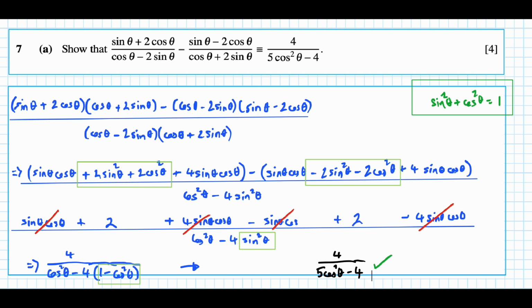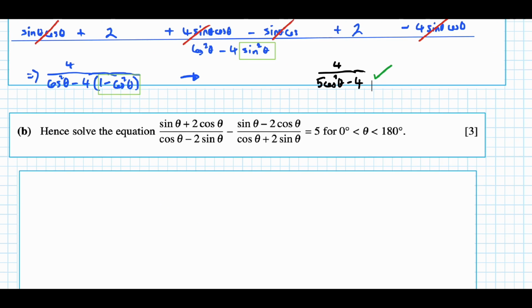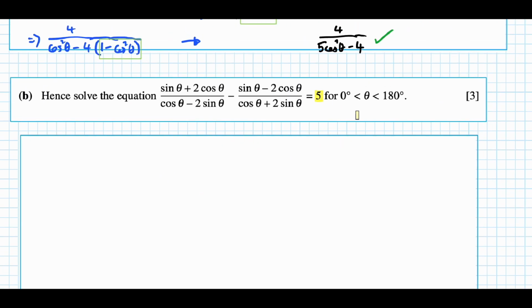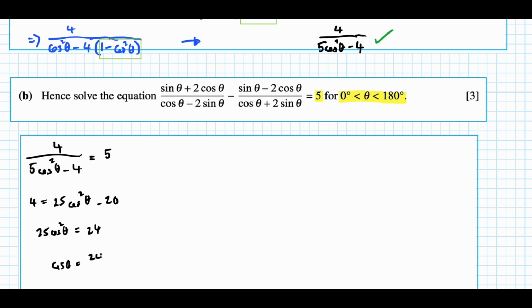4 over 5 cosine squared theta minus 4. Hence indicates that we're using the answer in part A. So that is equal to 5, and we have a range there as well. We'll look at it in a moment. So we want to get cosine on its own, cancel out your terms, simplify it in whatever way you can. So we end up with cosine is equal to plus or minus root 24 over 25. And get your calculator out, and you'll get that to be